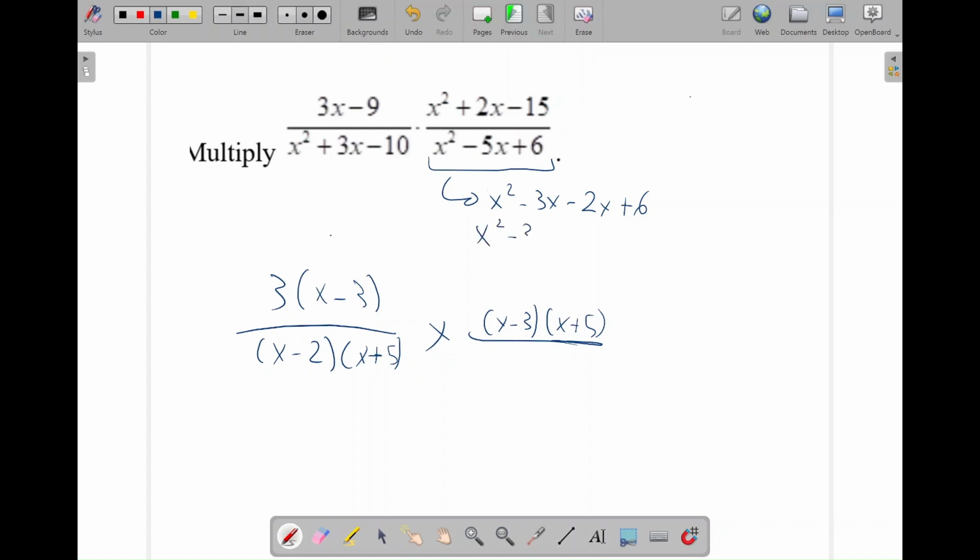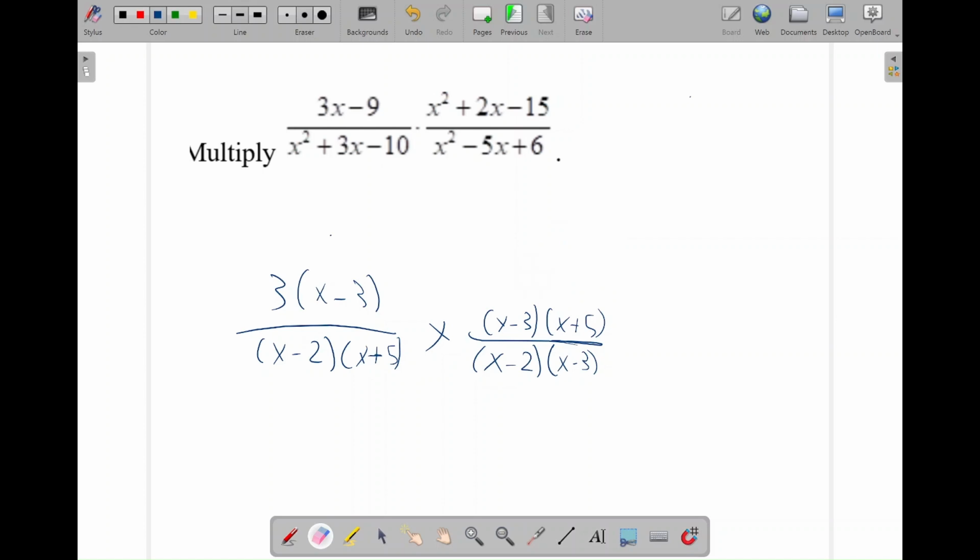X squared minus 3x into one bracket, minus, let's put the minus sign here, 2x minus 6. So we take the x out as a common factor, x minus 3, minus 2, x minus 3. Right? Then I'm just going to put them into the equation directly, x minus 2, x minus 3. Okay, this is our final